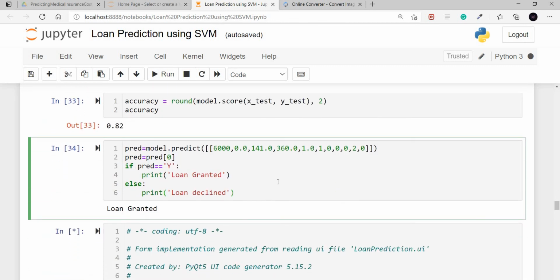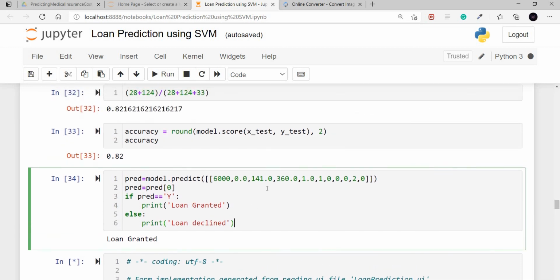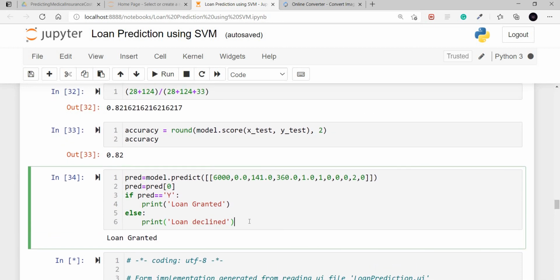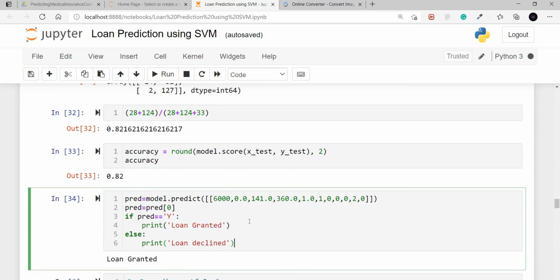So if we use different values for the independent variables in this, we can predict the result here, whether the loan has been granted or not.